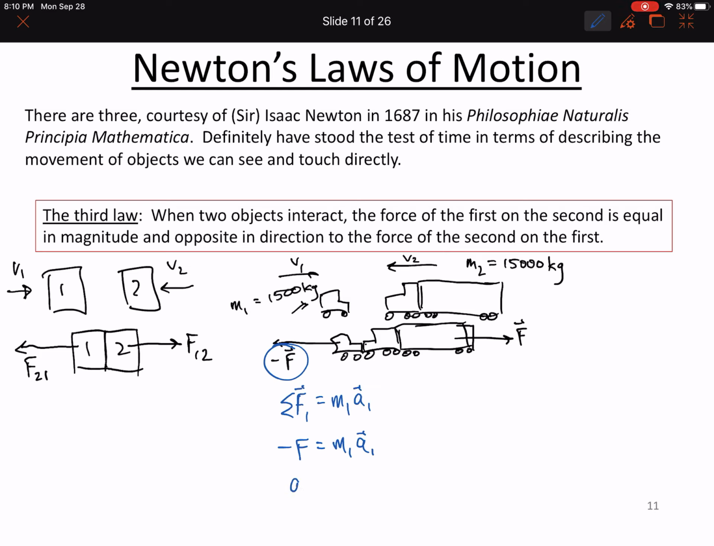And so the acceleration of the Civic is going to be negative F divided by M1. And we know, of course, that the net force and the acceleration are in the same direction, so we're expecting a negative number here. And if we were to actually give it a number, let's just, for mathematical convenience,